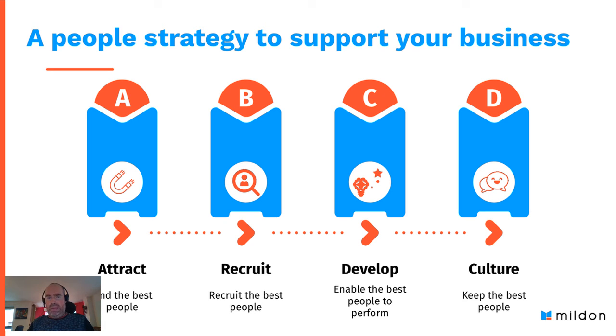So if you were to map your talent out onto the typical 3x3 9-box performance grid, are you noticing a pattern of certain people not in the high performing, high potential box, for example? If so, get inquisitive. Why is that the case? Why are those people not appearing in the high performance, high potential box? And what targeted interventions can you take to help level the playing field? And then the fourth area is thinking about your culture, what an inclusive culture looks like, how people can be themselves at work, how people can thrive, and how you can keep the best people. So these are the 4 grids.